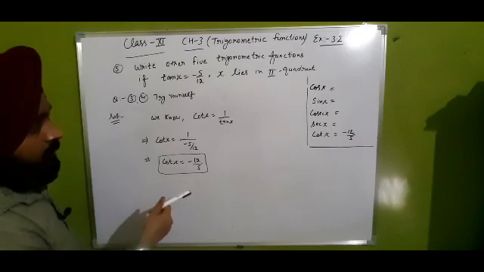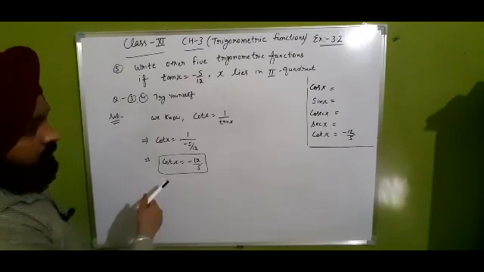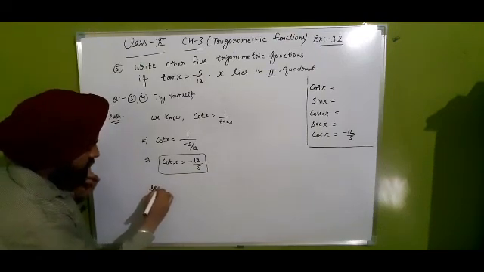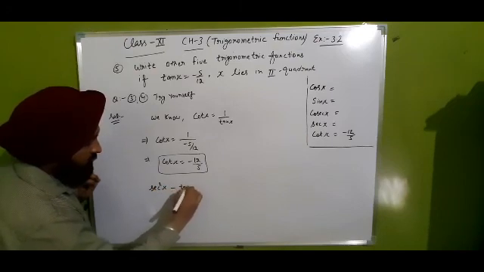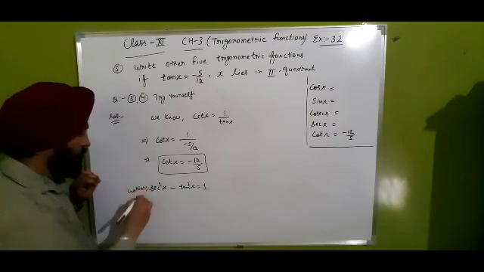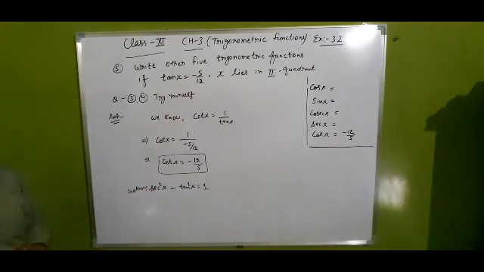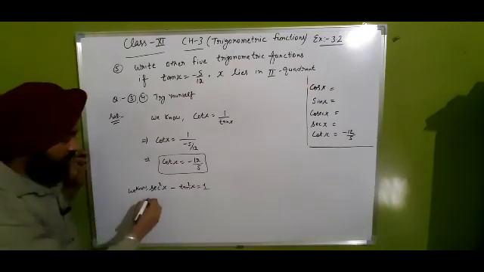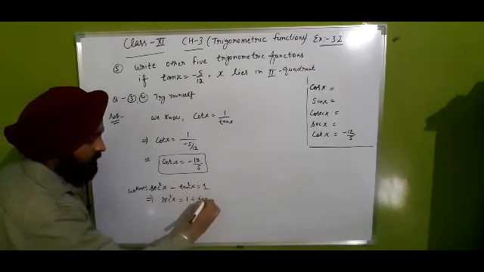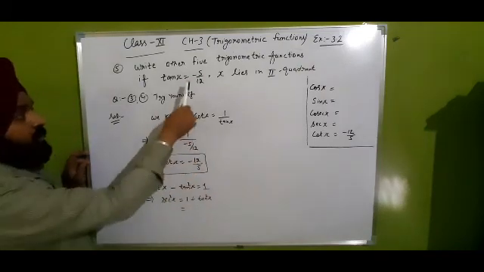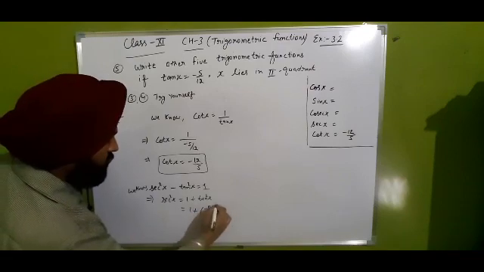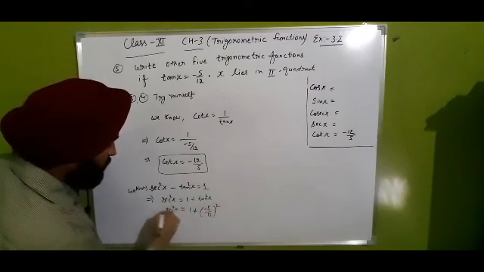Now next one is tan given, cot given. Do you remember, beta? Secant square x minus tan square x is equal to 1. Do you remember this formula? Secant square x minus tan square x is equal to 1. So it implies secant square x is equal to 1 plus tan square x. Put the value of tan x, 1 plus minus 5 upon 12 square, secant square as it is.